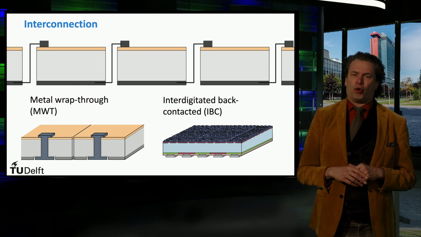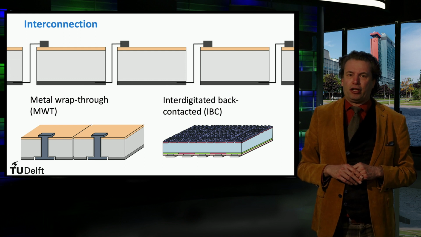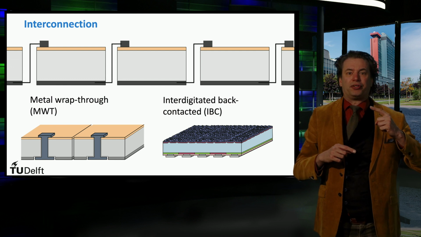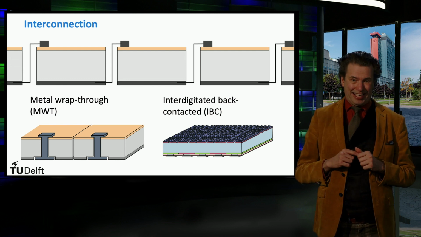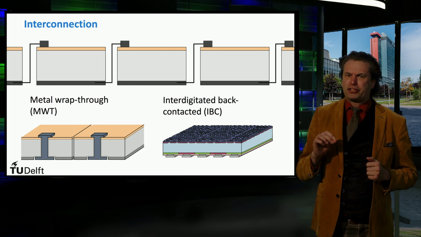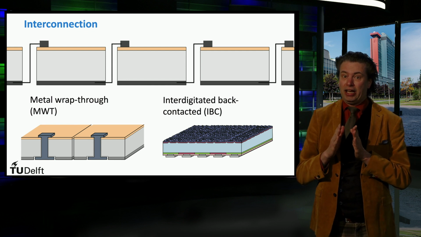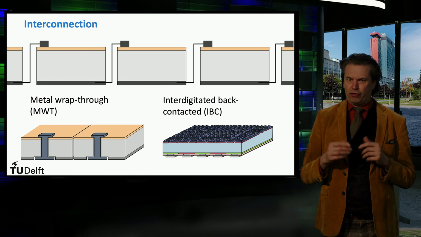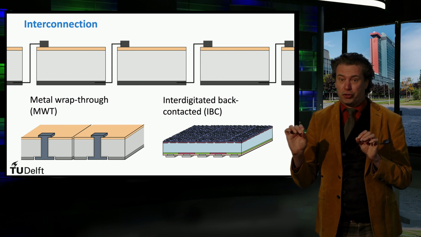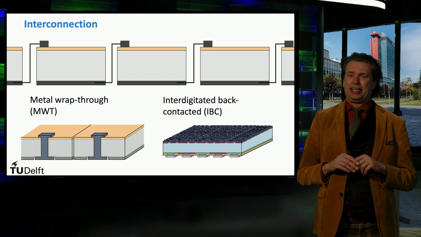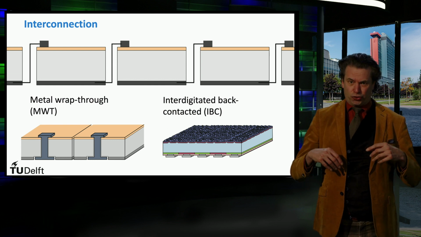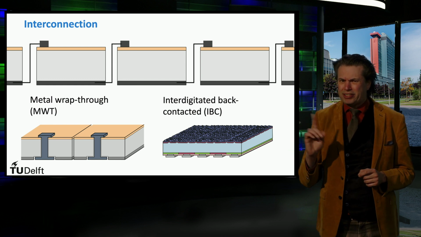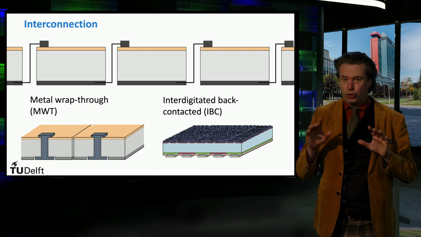In this slide you see a cross-sectional view of a few solar cells connected in series. Every solar cell has its back contact connected with the front contact of its neighboring cell. For series connected cells, the voltages will add up, whereas the current does not add up. The current flowing through the solar cell is determined by the photocurrent in each solar cell. It means that the total current in the string of solar cells is equal to the current generated by one single solar cell, or the cell generating the lowest current.